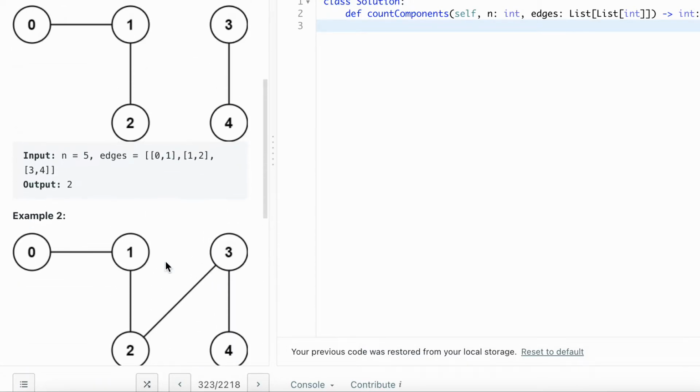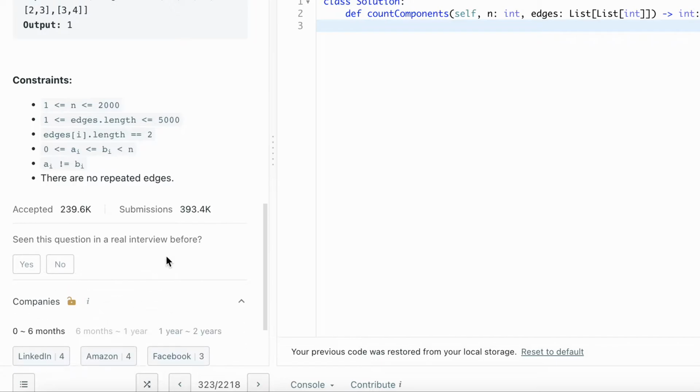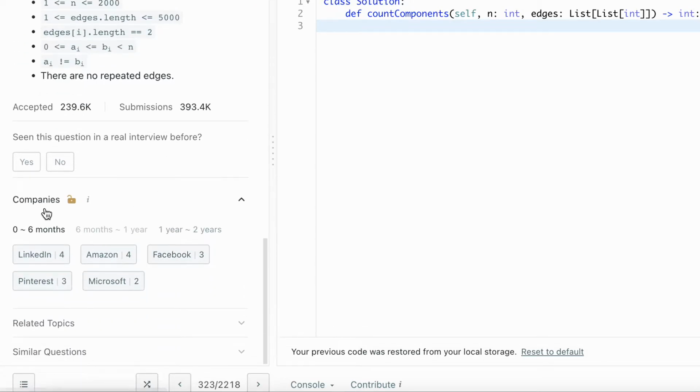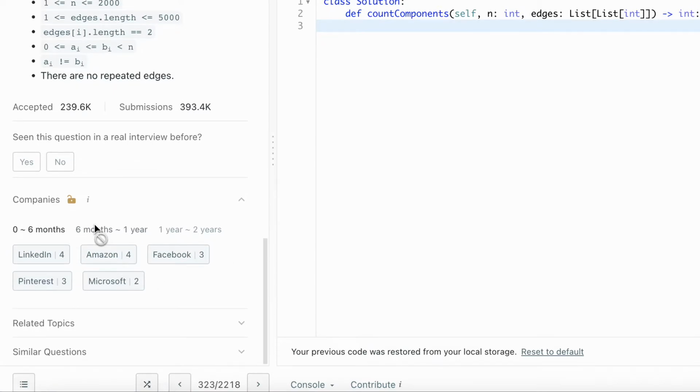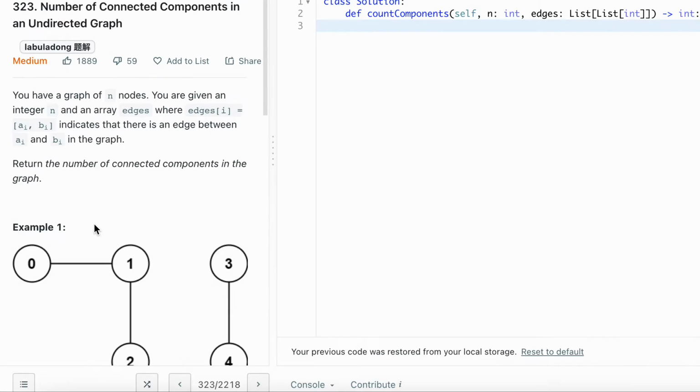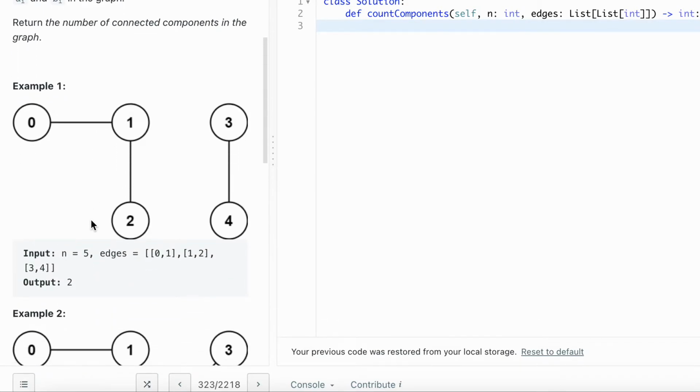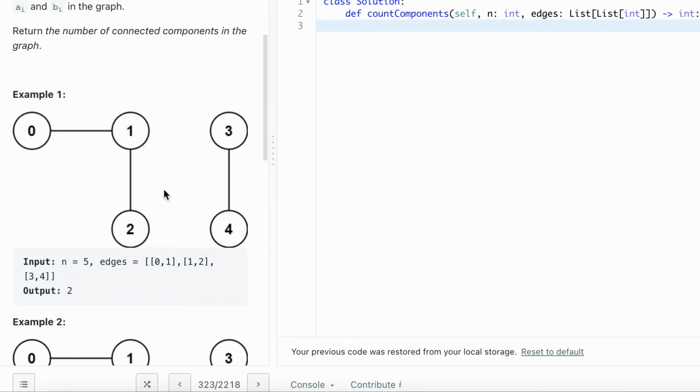I think this is a pretty straightforward problem, and this is a question asked by LinkedIn, Amazon, Facebook, Pinterest, Microsoft in the last 6 months. So when you look at this problem, you can probably think that this problem can be solved by breadth first search or depth first search. Either way works. I just prefer breadth first search a little bit in this case